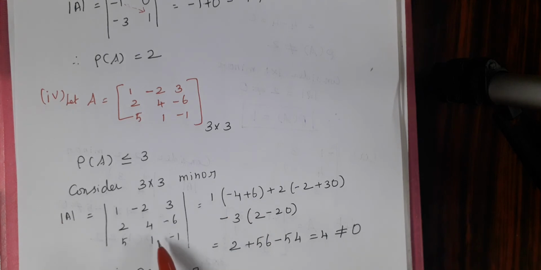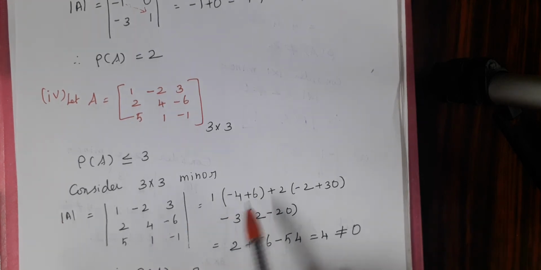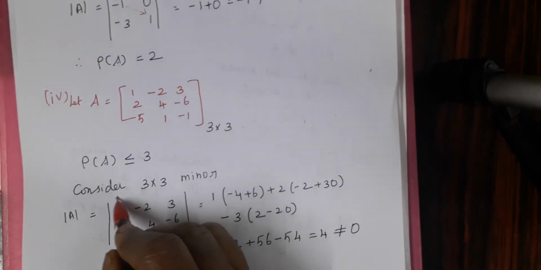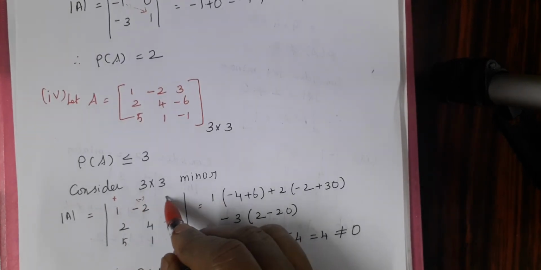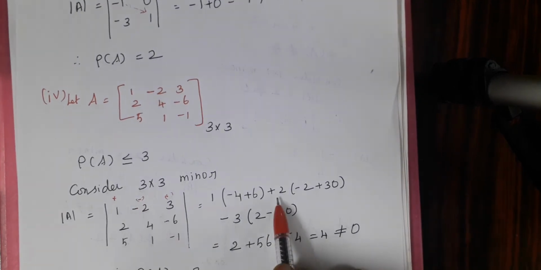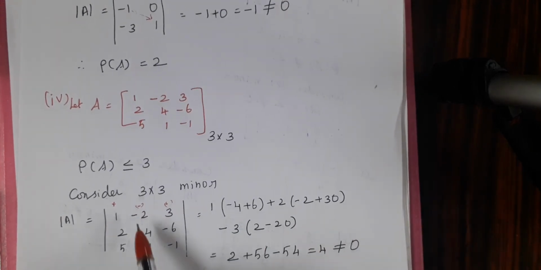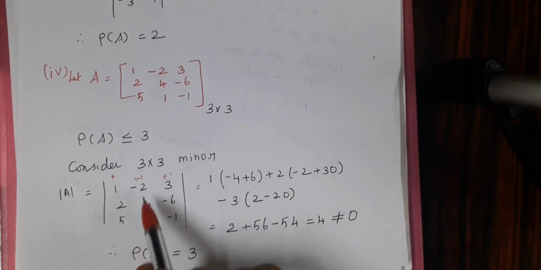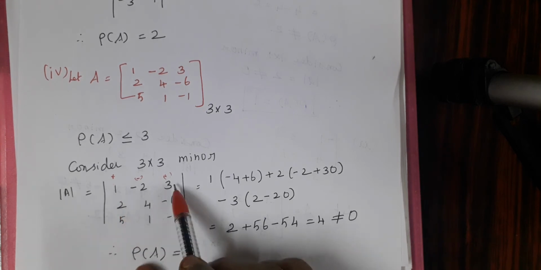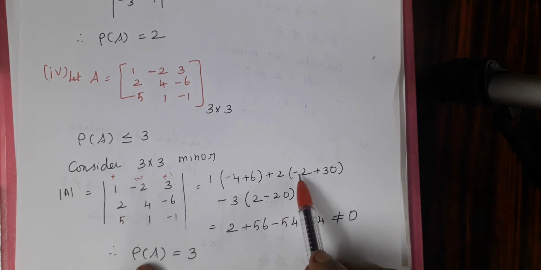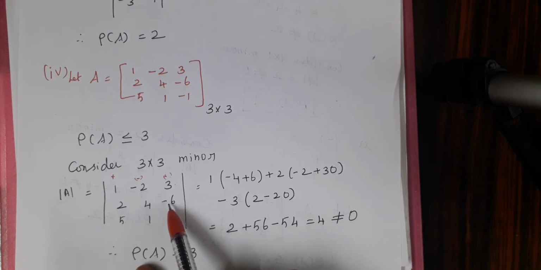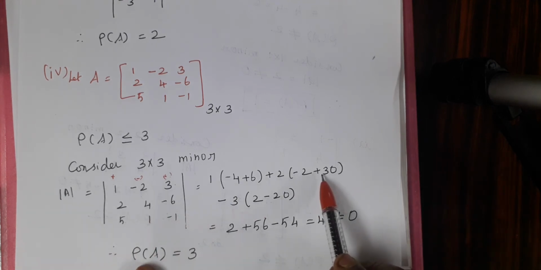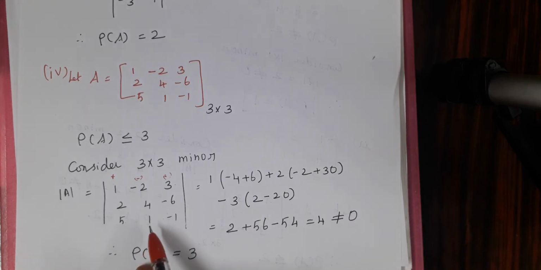4 ones are 4, 1 6 is minus 6, so 4 minus minus 6 is 6, which is plus 6. Remember the signs: first one is plus, next one is minus, next one is plus. So minus into minus is plus 2. 2 means we leave that row as well as that column. The balance is 2 ones are 2, minus 2. 5 6s are 30, minus 30, already having one plus, so plus 30. All of you remember the determinant signs: plus, minus, plus.